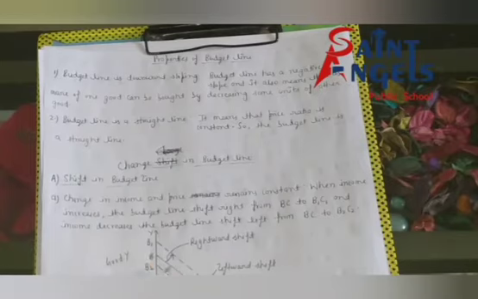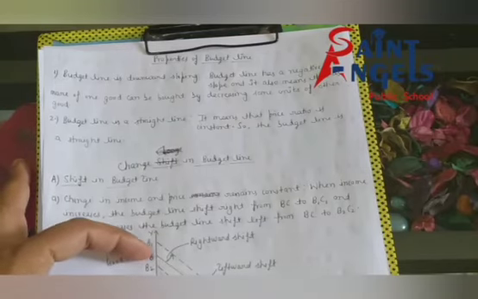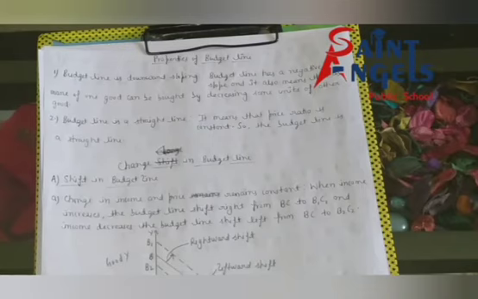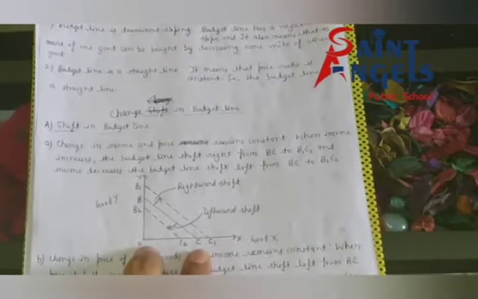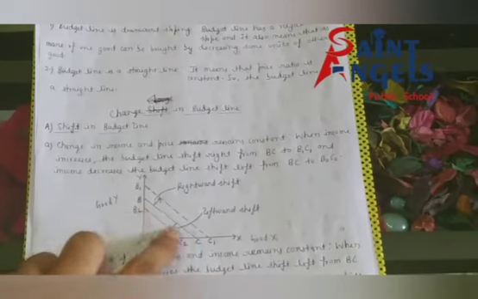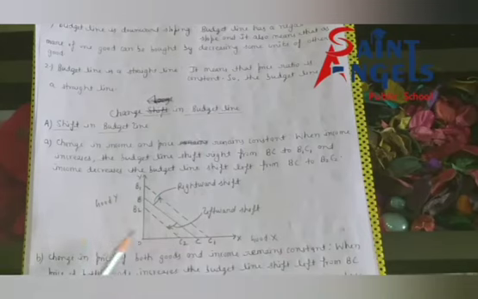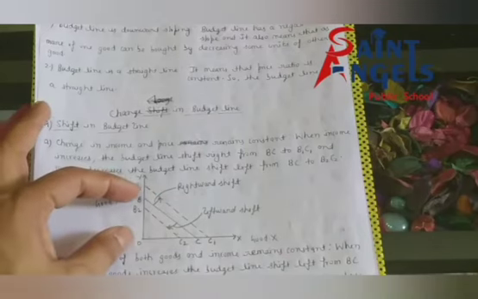BC is showing that the consumer is consuming OB units of good Y and OC units of good X. Again, BC is the original budget line. BC is showing that the consumer is consuming OB